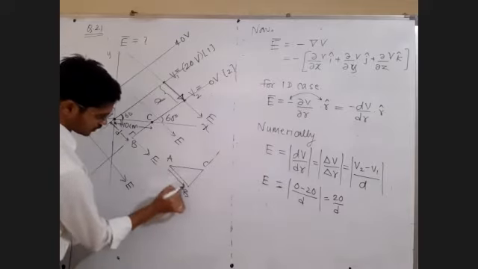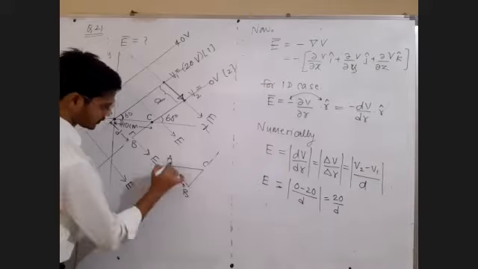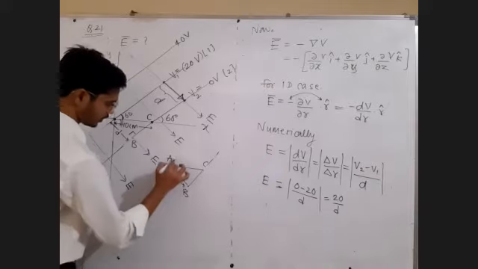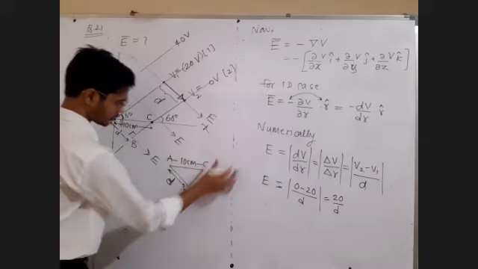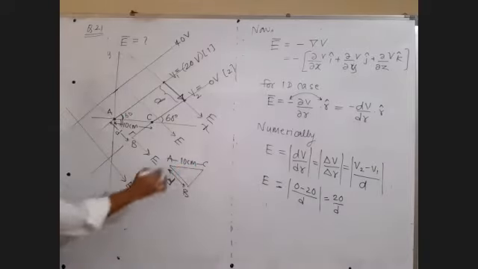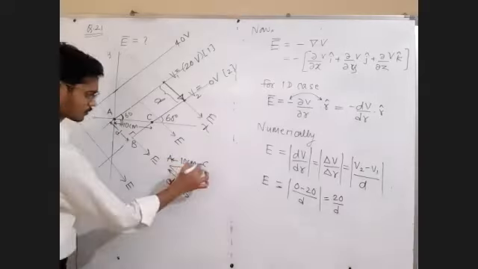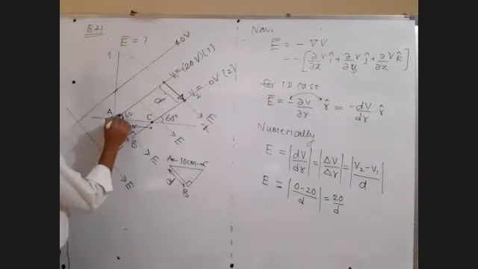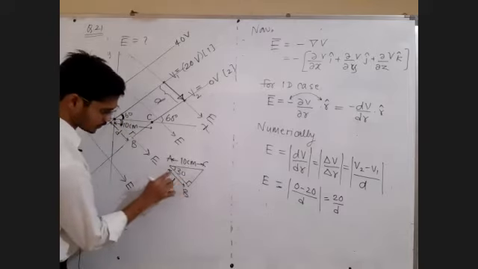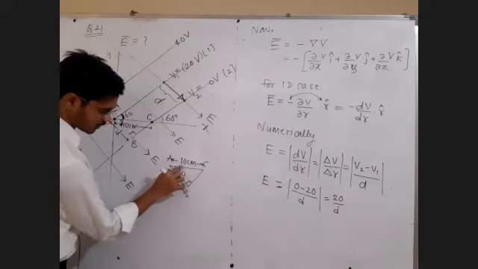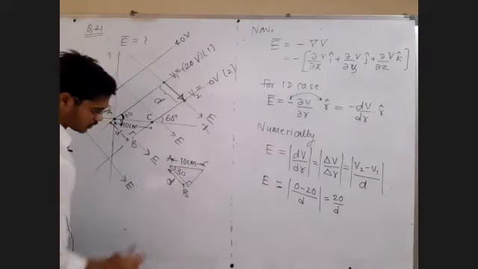This side is equal to d. This side is equal to 10 centimeter. Side AC is the hypotenuse, which is equal to 10 centimeter. Okay sir. This is 90 degree. This angle is already given in the question as 60 degree. Remaining angle must be 30 degree. This is the adjacent side of 30. So hypotenuse into cos 30 is equal to small d.